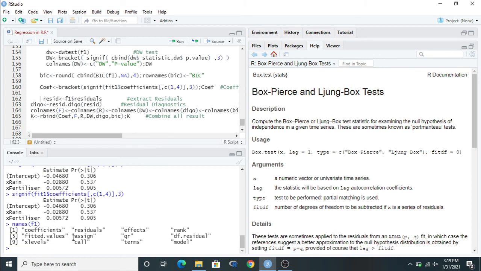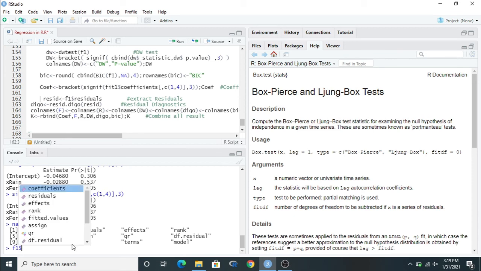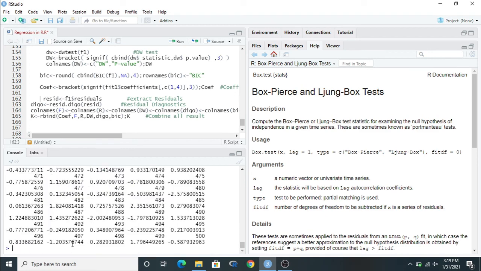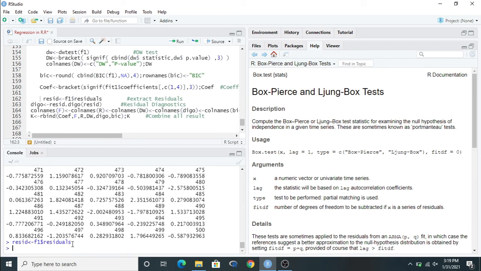You can find the residual in the second position, and you can use fit1, then the $, then residual. This is your residual, and you can store it in any name. Suppose in my example I have stored the residual in res. Just put the assign sign and it will be stored inside it.